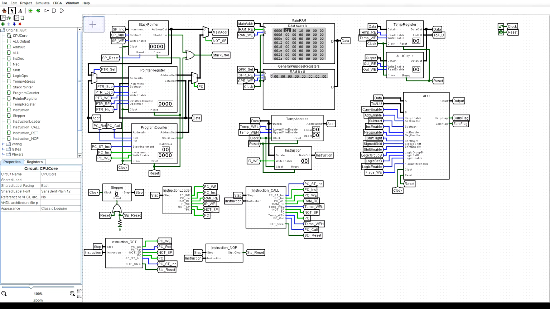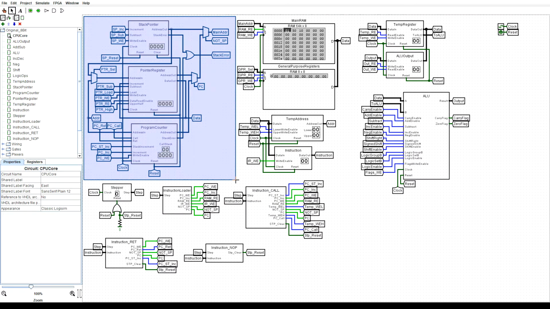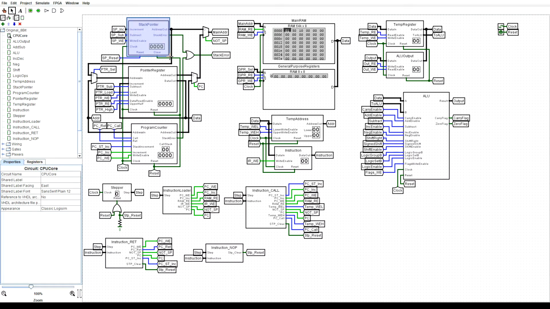So we have 3 address registers in this block here. One for the stack. This was for storing data on the stack for functions and various other things. We have the pointer register. We also have the program counter. We have the temporary address. We have the instruction register, and I did not mean to bring that down. The instruction register, not instruction address. The temporary register, which was the accumulator, the arithmetic logic unit output, and of course the arithmetic logic unit, which,